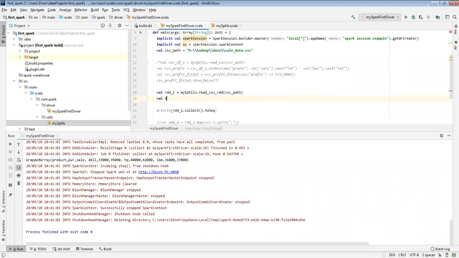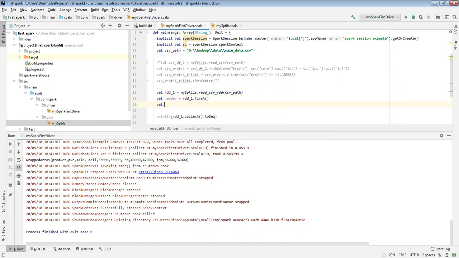So header equals RDD1.first. That means first will be my header, and then the header I need to split.